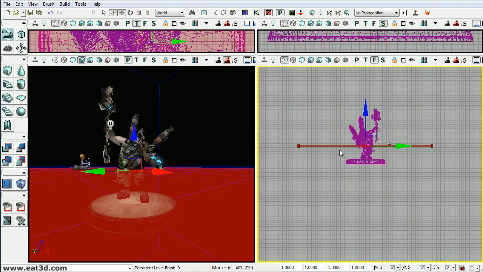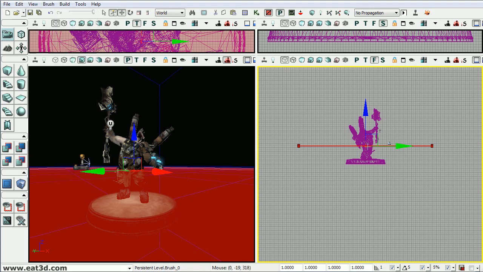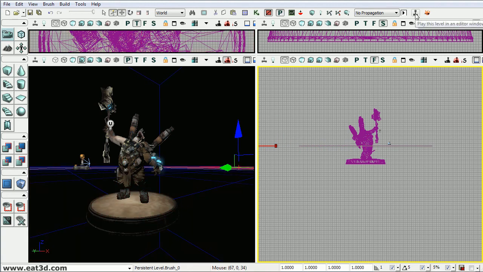Now this red box is basically just a builder brush. It doesn't actually do anything. So to get the blocking volume, we'll right click this volume cube and click blocking volume. It's off the screen here at the top, but it's the top option. And now we can just move this out of the way. So now if we click play in editor,